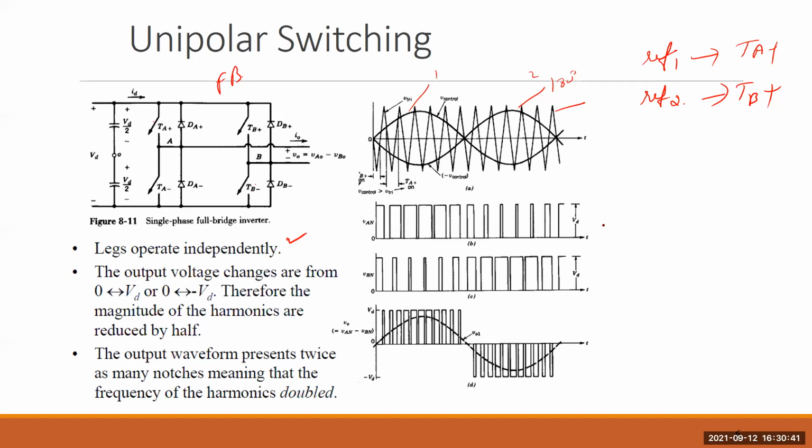Okay, there are two ways to understand that in unipolar switching. One thing is that, forget about this. What we do is that during sinusoidal, this is your reference waveform that you want to generate at the inverter output, that we discussed before also. So during positive half cycle, and during negative half cycle,